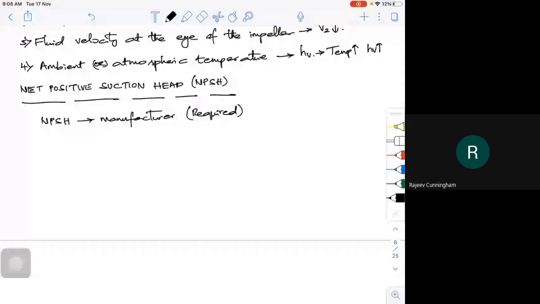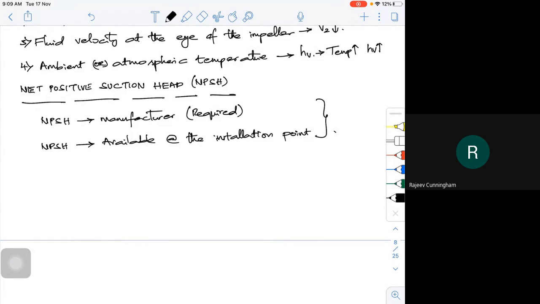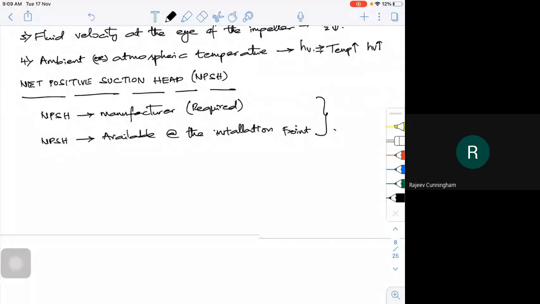Then there is the NPSH that is available at the installation point, at the location of installation. See, 2 things are very, very important. Now to be very practical, this NPSH available